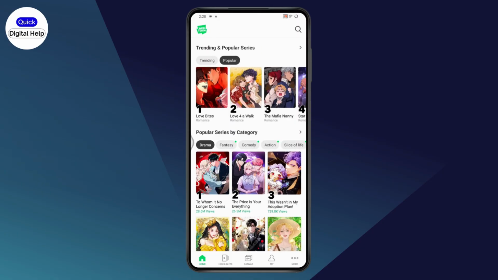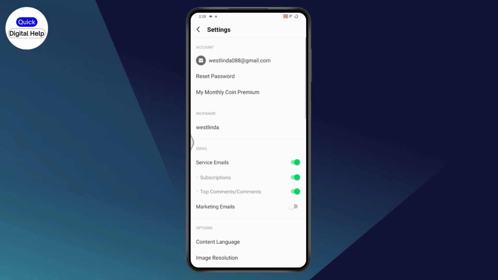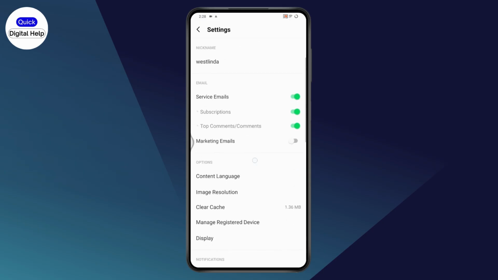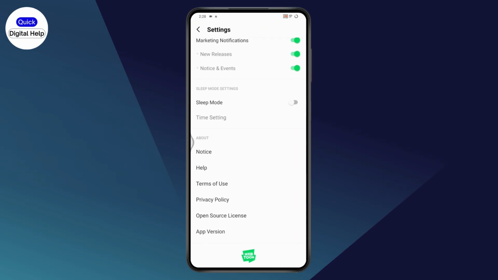After going into the application, now you need to go to the bottom right, which has that 3 dots, and you can tap on settings. After tapping on settings, now if you scroll down, as you can see, you don't have any log out option right here. So in order to log out of your account, what you need to do is